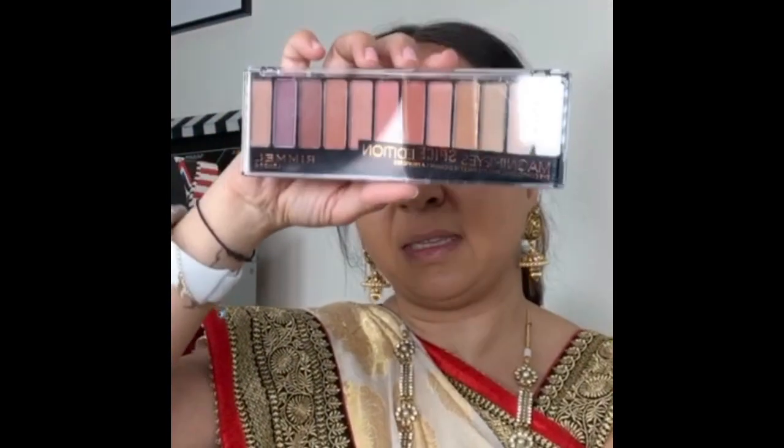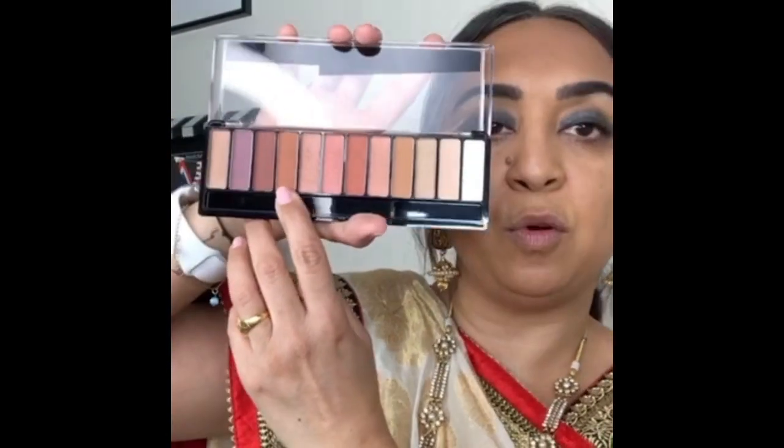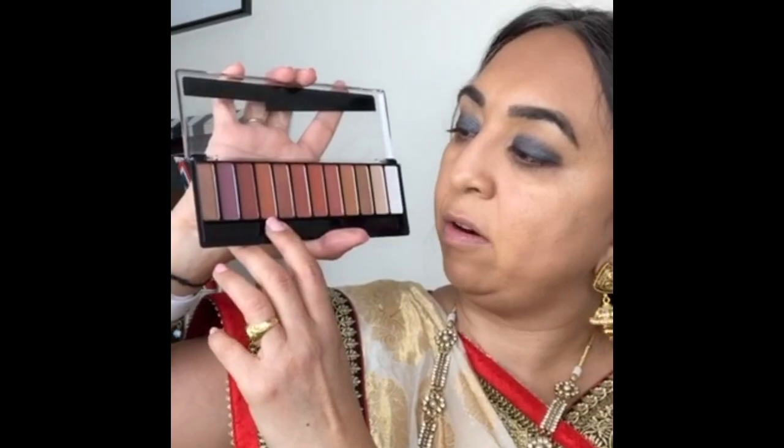Now what you could do, and I usually do this, so I am going to do it today, is I've got this palette here. This is the Magnificent Spice palette by Rimmel London, and I'm going to take this colour here. It's more of a terracotta colour, and I've just got a really soft, smaller blending brush. My brushes are from My Kit Co. That's where most of my brushes are from, and I'm going to put that